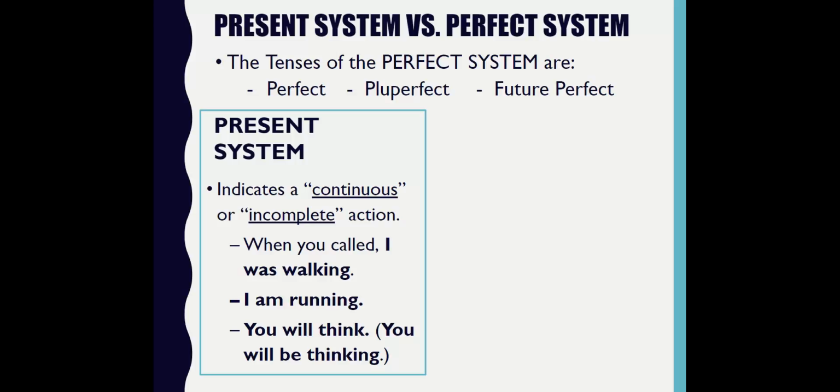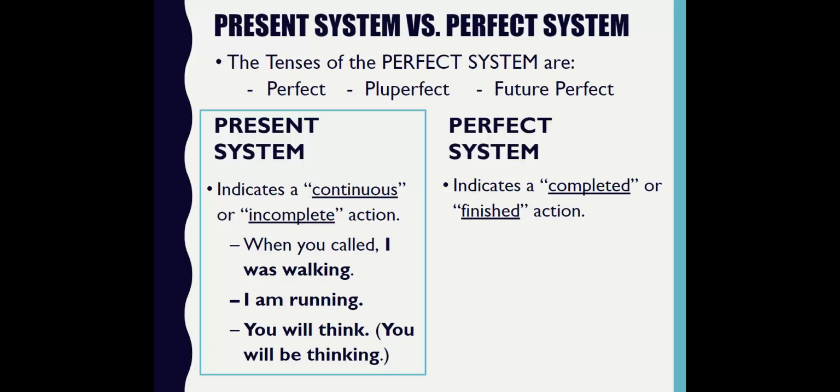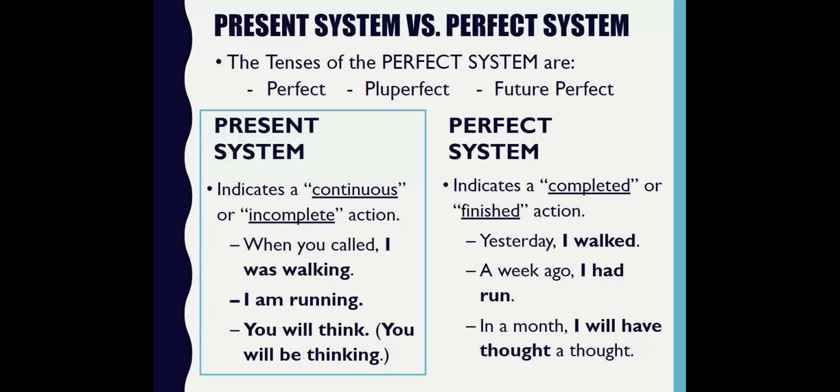The perfect system, on the other hand, indicates a completed or finished action. Yesterday I walked, meaning I am no longer walking, I stopped. A week ago I had run, meaning you didn't start running a week ago and are still running now. It means that action was completed. And then